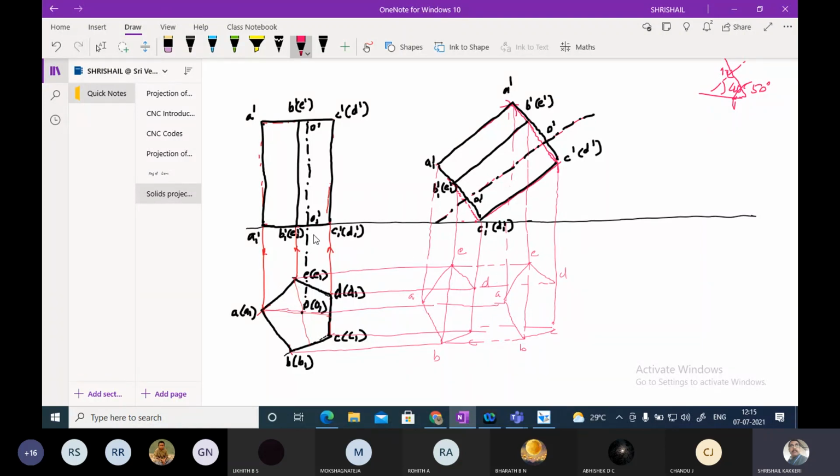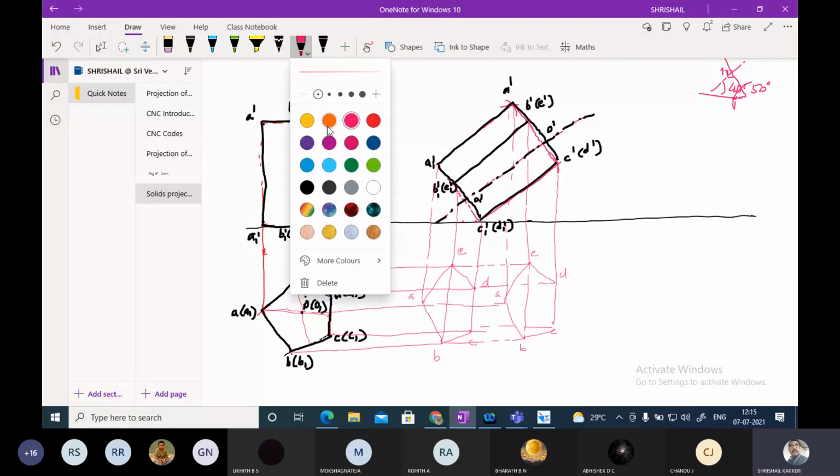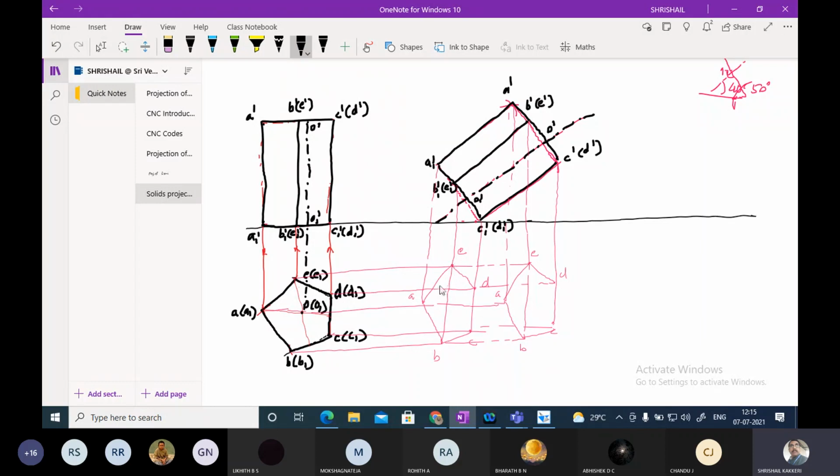Now, you please look into this properly, what I am doing. Now, to make it thick line, you should make a practice. I told you a very simple method. All the outer lines, just join them blindly. All the outer lines, you join them blindly without thinking. I joined them. And observer is looking from this end. He is looking from this end.